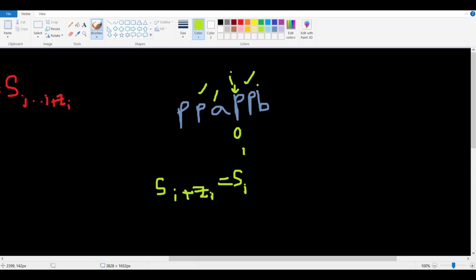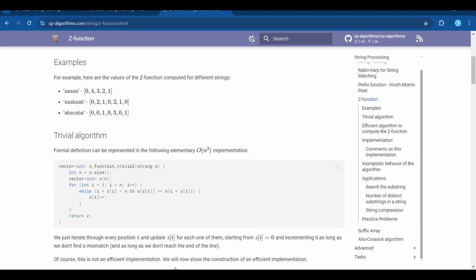Sorry, s of i plus zi is this one, and s of zi is this one. So a is not equal to b, so that's why we are breaking. Now the last zi value will be nothing but 2. I hope you get it. Now this is the brute force solution, but for every index we are incrementing the value of